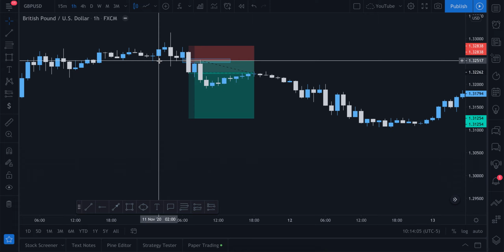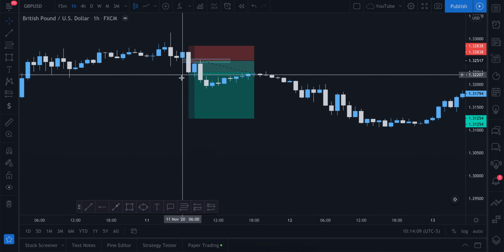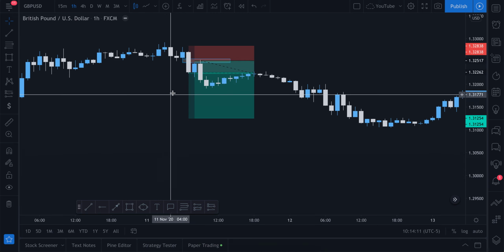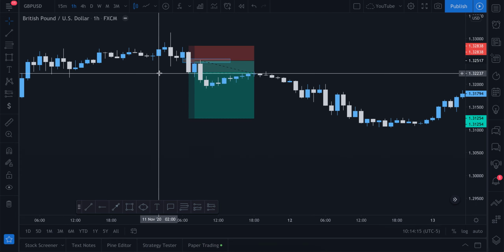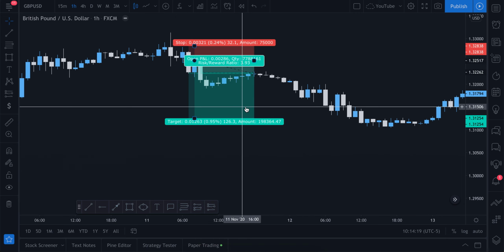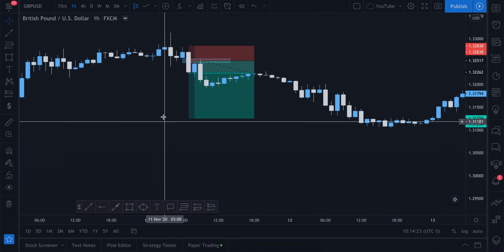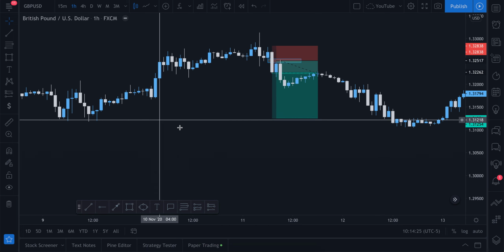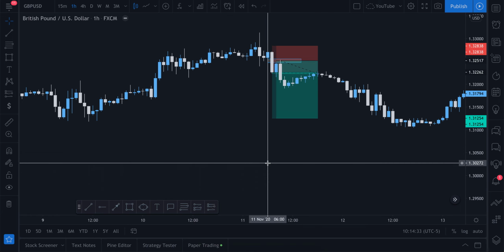But what I really want to show you is if we got in all the way down here where the candle closed, which is where a lot of people would have, again, your risk to reward is 1 to 1.75. If we waited for that price imbalance over here, 50%, your reward is 1 to 3.93, a 1 to 4. You literally doubled your position. So you would have made 1.75%,